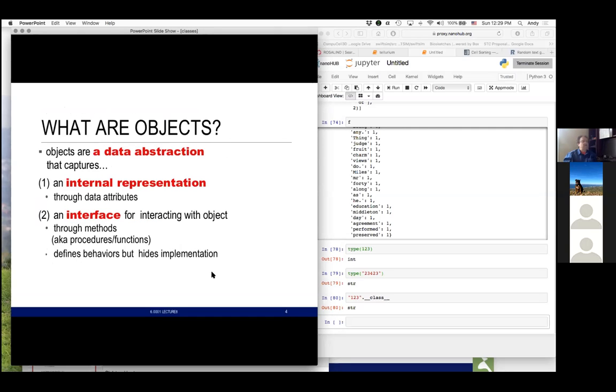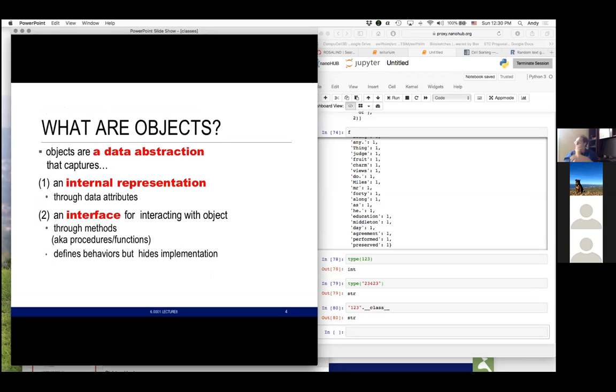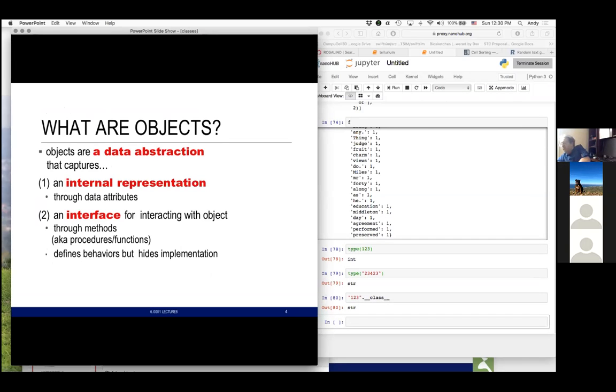Okay. So again, what are objects? They're an abstraction. They're an interface for accessing the stuff in there. They define behaviors, they define interactions, but they hide the actual implementation. And this is really what's called object-oriented programming. It's just one way of doing things, but I tend to think that this is really appropriate for